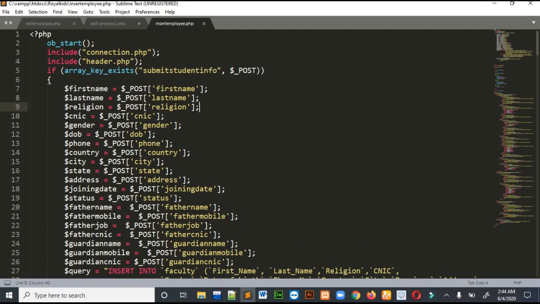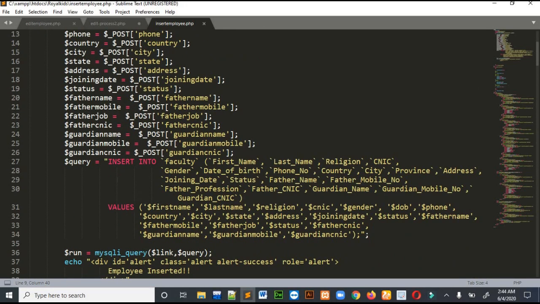After posting all the information, I am writing the query for inserting it into the database. This is the simple query for insertion; you can check it on Google. It says insert into faculty, where faculty is the name of the table. These are all the columns, and then it gives the values, and these are all the values.